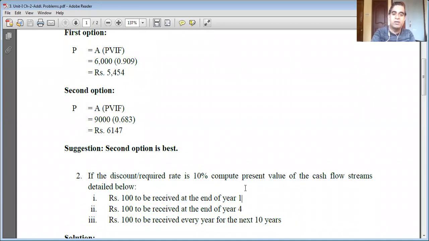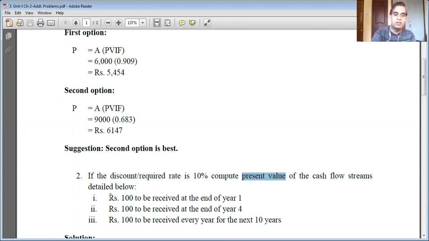Since they have given it very clearly as a present value, there should not be any confusion. That's why I said in time value of money numerical problems, you should carefully read the sentence and try to understand. Since it is present value, there are three situations: the present value of a single cash flow, present value of an annuity, present value of a perpetuity. You just need to identify which one it is.